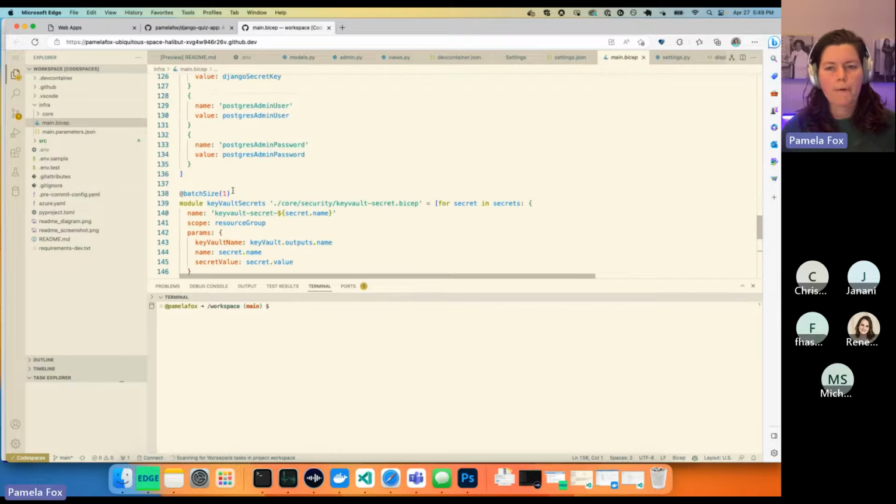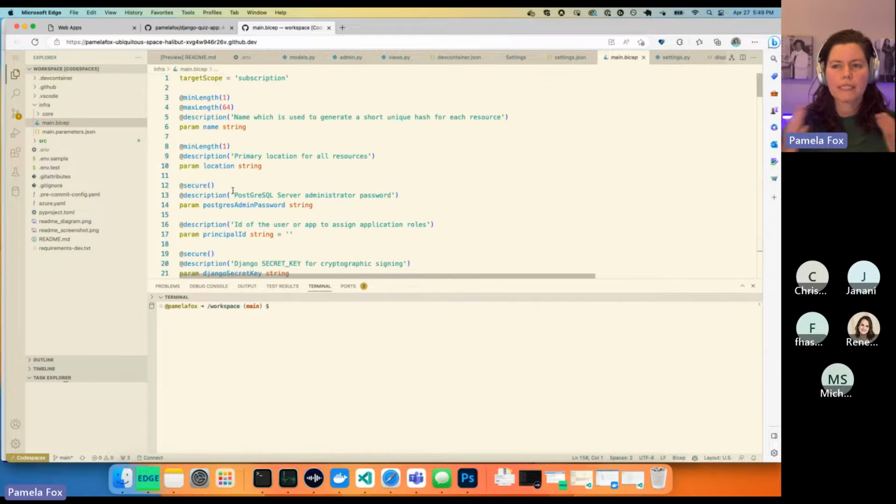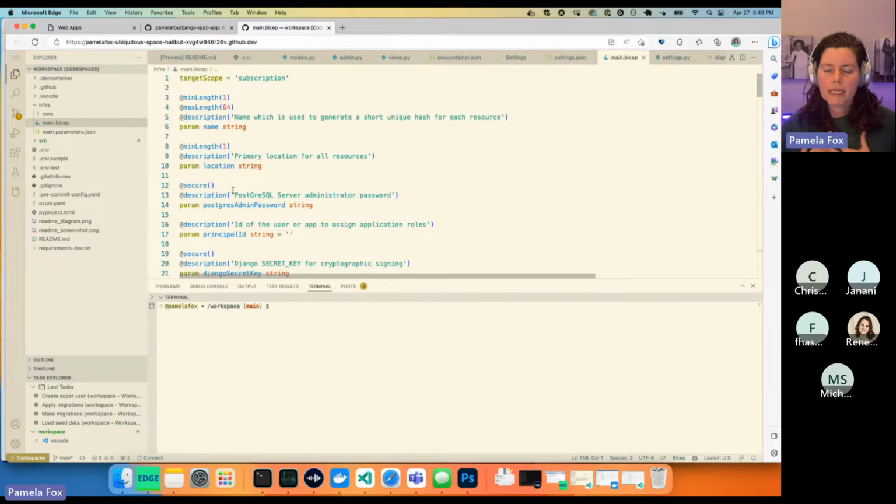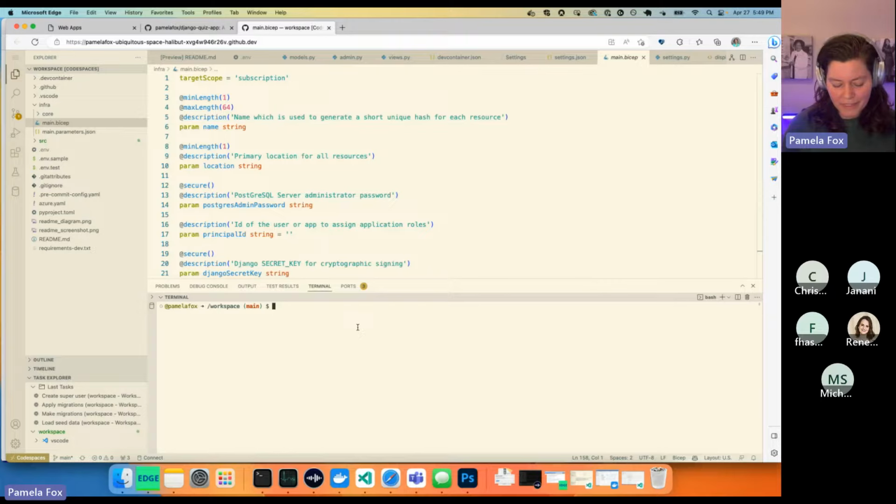And there we go. So this is a Bicep file. This is infrastructure as code. This is one way to deploy to Azure. I really like using infrastructure as code. Not everyone likes it, but I like it because it's repeatable. So once I've defined my infrastructure as code, the idea is that it should always work. We'll find out if that's true, right?